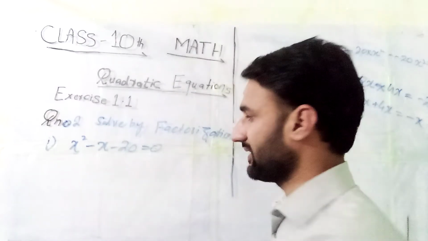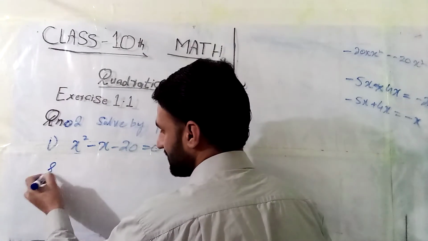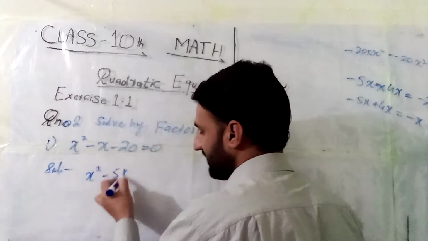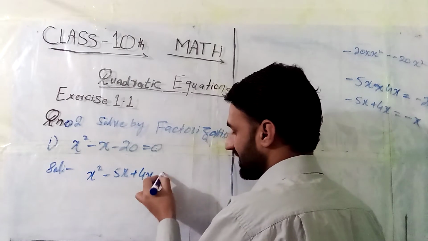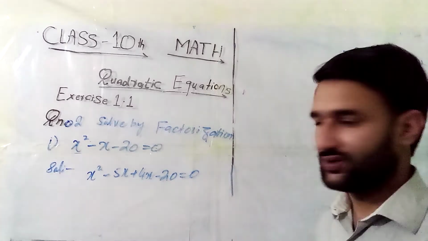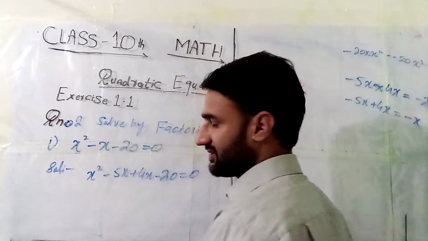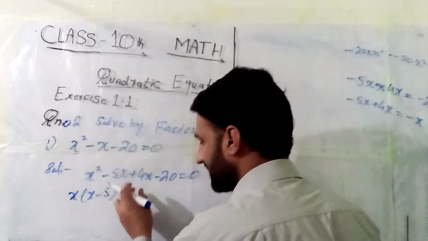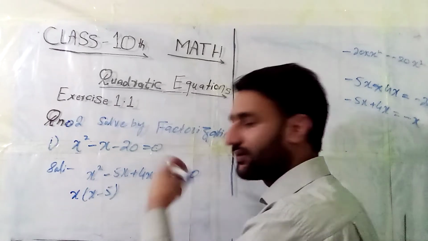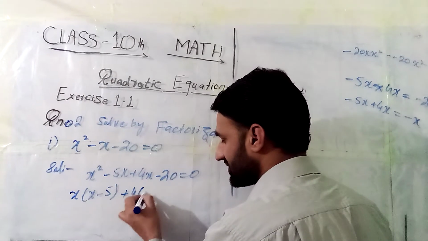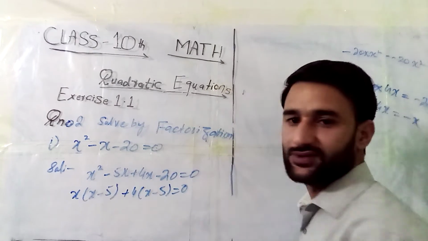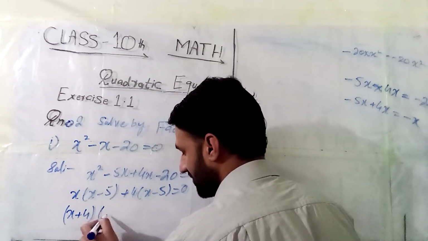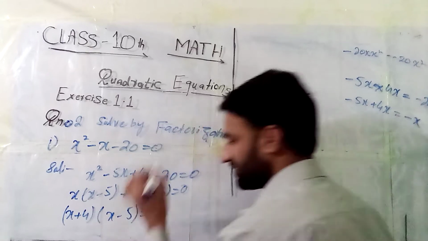So we can replace it by this form here, x squared minus 5x plus 4x minus 20 is equal to 0. Here we can take the common term, because in the first two terms x is common. So x minus 5, right? Here 20 is a multiple of 4. So we can notice that 4 into x minus 5 is equal to 0. So here you can take the common term x plus 4, and here the common term x minus 5 is equal to 0.